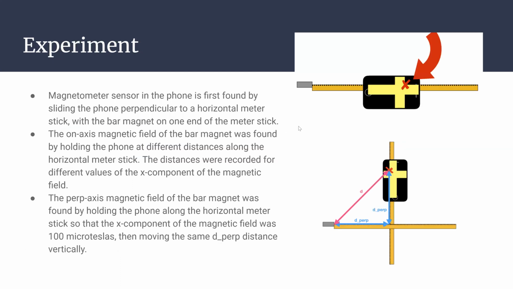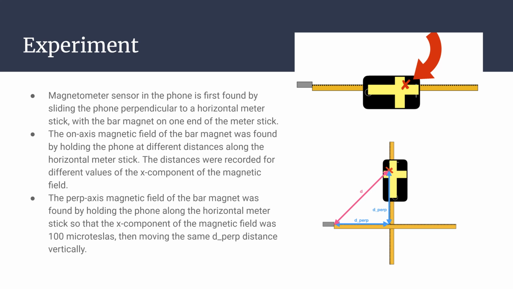stick. So for the actual experiment, we used the magnetometer sensor in the phone. We found that by sliding the phone perpendicular to a horizontal meter stick with the bar magnet at the end of the meter stick, and then the on-axis magnetic field of the bar magnet was found by holding the phone at different distances along the horizontal meter stick. And then the distances were recorded for different values of the x component of the magnetic field. And then the perpendicular axis magnetic field of the bar magnet was found by holding the phone along the horizontal meter stick so that the x component of the magnetic field was 100 microteslas, and then moving the same